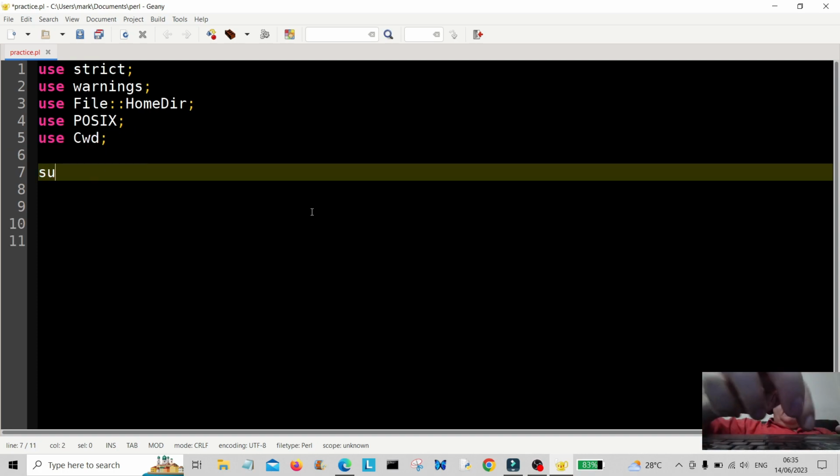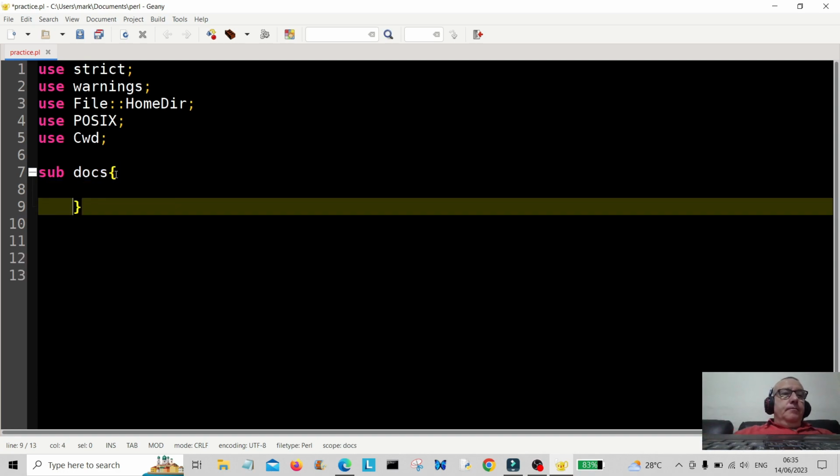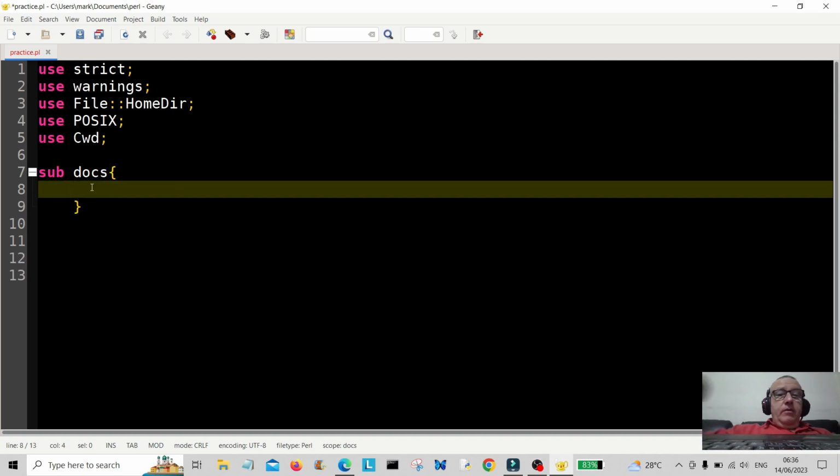Okay, let's start off with a subroutine, and I'm going to call it docs, something like that. Very simple. And then we're going to create a scalar here called, let's have a look, what can I call it? Doc